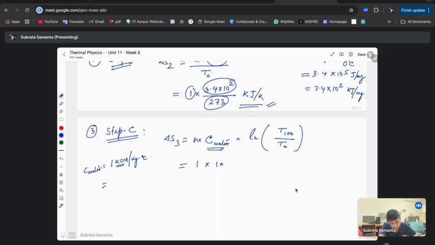So this is basically 4.2 kilojoule per kg times degree centigrade. So this is basically 1 times 4.2